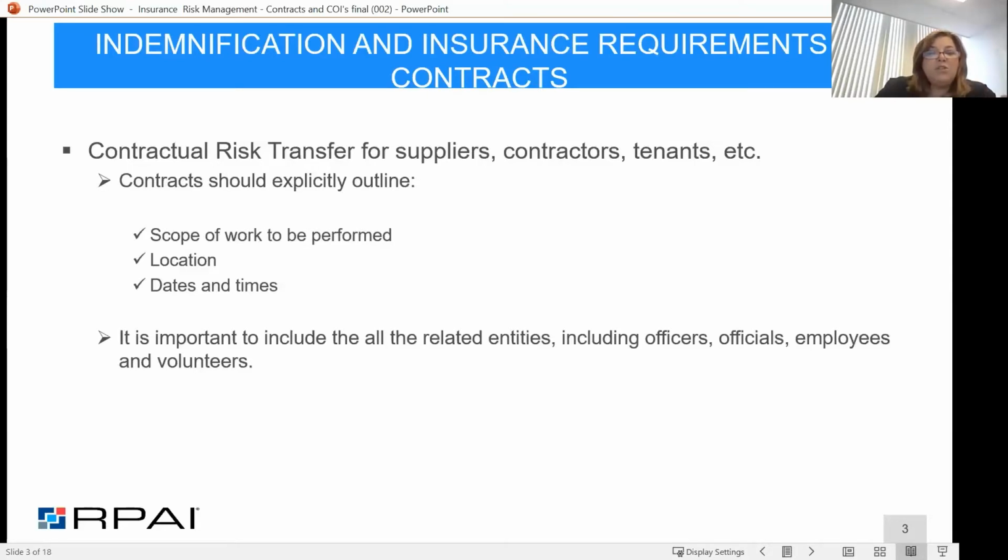They have to be able to look at that scope and see what all the responsibilities of the vendor were, where the location for that work was to be performed, and what the date and time requirements were for it. When we talk about location, say you have a paving contractor, and later on somebody fell on a chip in the concrete that wasn't done correctly, we have to be able to identify exactly where that contractor did that work, so we know where they actually worked if that trip and fall claim occurred. We also need to know when that work occurred.